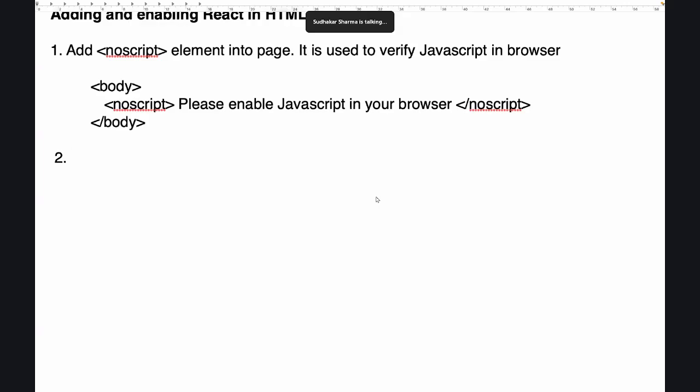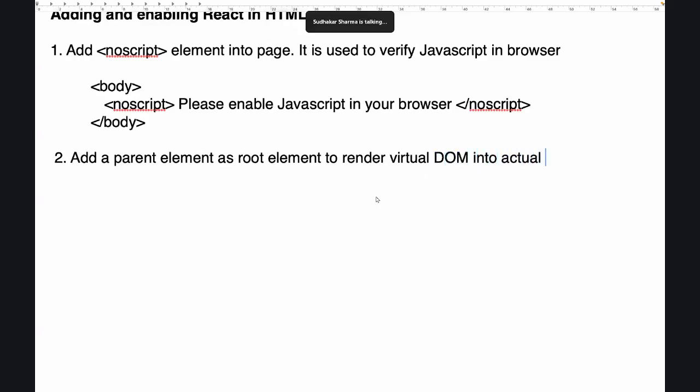That means in the actual DOM, there must be one element ready to accept the updates coming from the virtual DOM. So what you have to do is add a parent element as the root element to render the virtual DOM